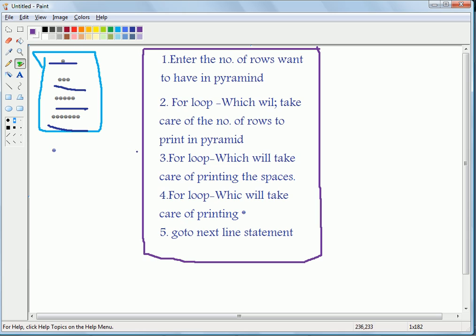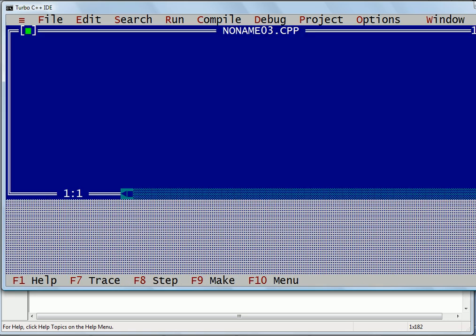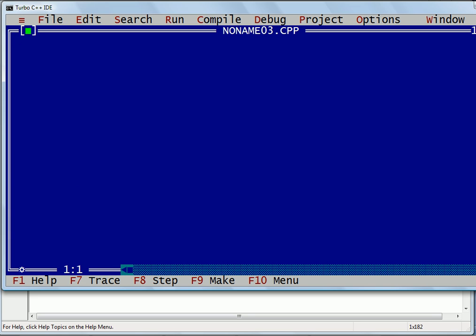Now let's open the compiler. This is my C compiler. I'm just pressing F5 to make it full screen, and then I'm including the basic header file stdio.h, and then include